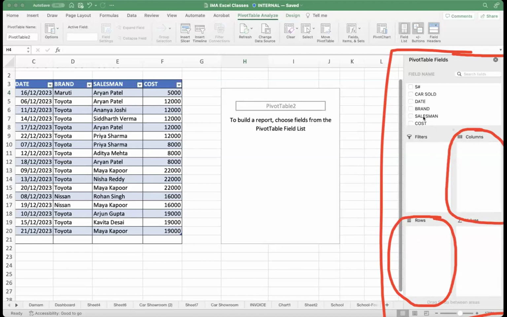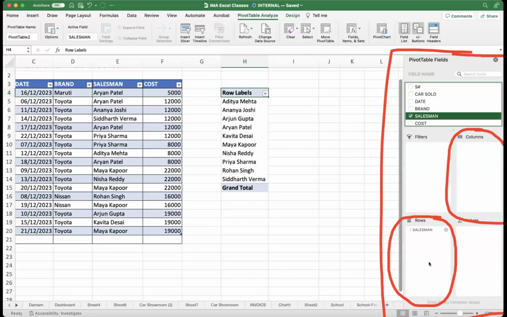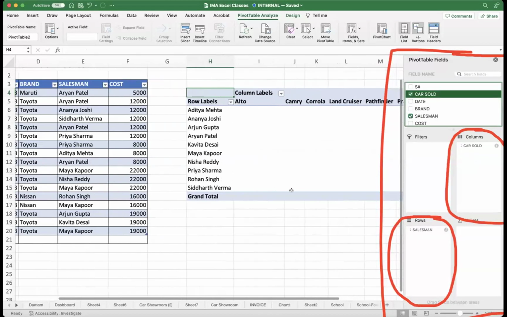एग्जाम्पल मैं बताता हूँ। मैं रो में क्या चाहता हूँ, मैं चाहता हूँ कि सेल्समैन रो में आ जाए। देखिए, रो में सेल्समैन आ गया। और कार सोल्ड जो है वो कॉलम में आ जाए, तो मैंने कॉलम में खींच के यहाँ पे छोड़ दिया। सो कॉलम